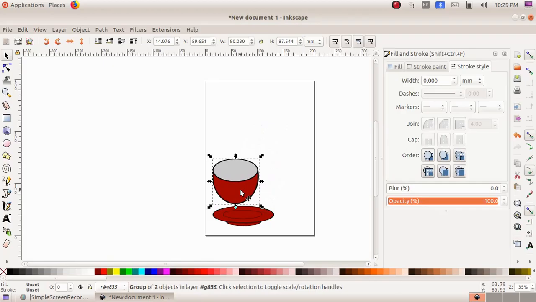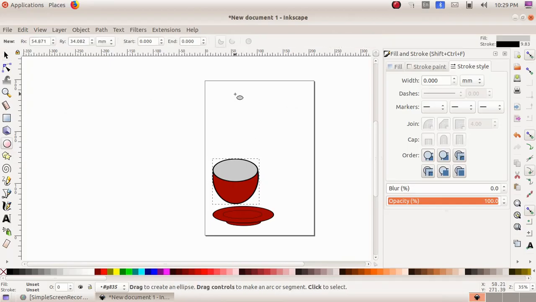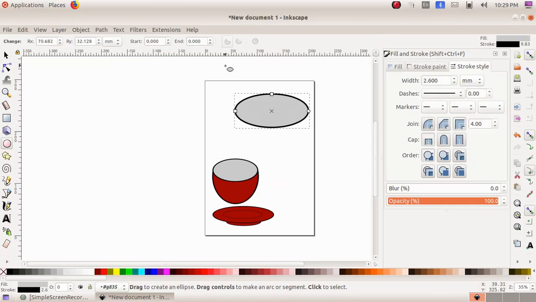So I am dragging it some more smaller and I am keeping it here at the bottom. As the next part, I have to create the handle of the cup. So for that again I am choosing create circles, ellipses and arcs. Then here I have to first create a horizontal oval, and then I am creating a vertical oval.